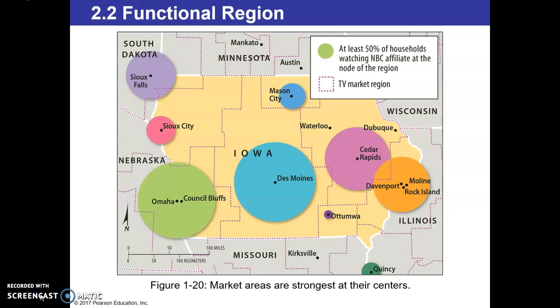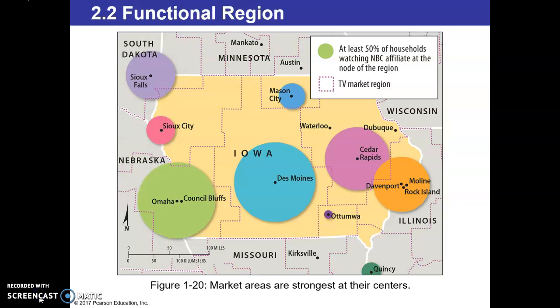The simplest example I can give for a functional region would be a shopping center. When we look at more rural areas or rural towns, we might be able to find just one grocery store in which everyone in that town shops at. And the next grocery store would not be found until the next town over. So people wouldn't have a choice but to shop at that grocery store.